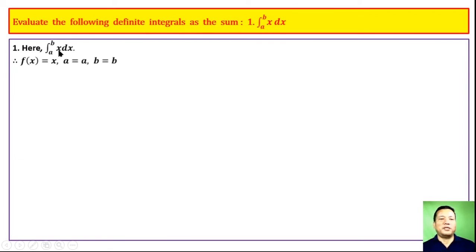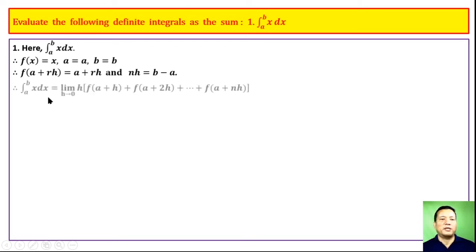Here f of x is x, and the lower limit is denoted by a, which is also given as a. The upper limit is denoted by generally b, which is also given as b. Therefore f of a plus rh, x is replaced by a plus rh, and nh is whose difference is b minus a, which is also b minus a. Therefore the given definite integral is equal to, using this formula, we get f of a plus h,